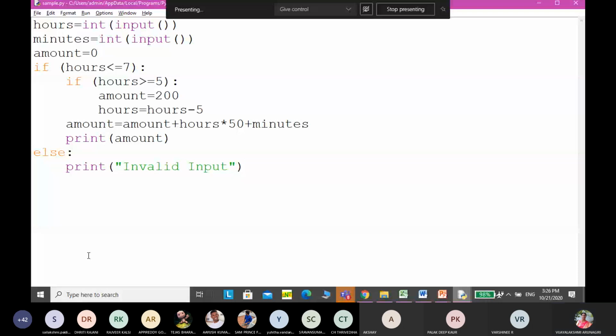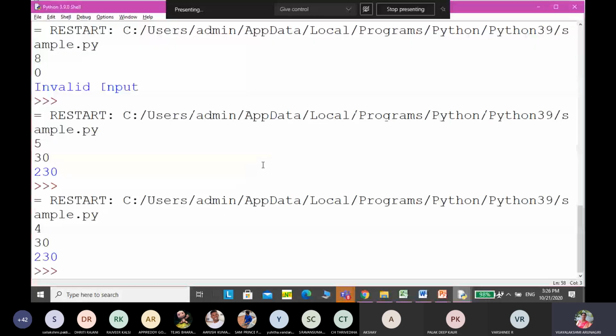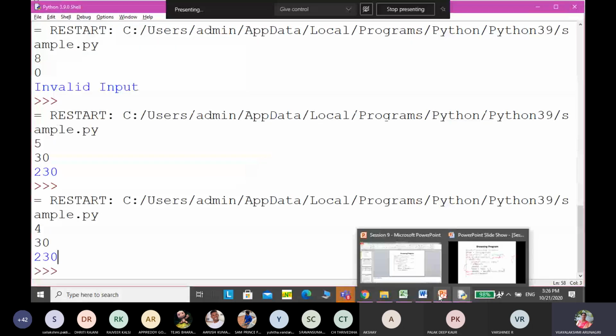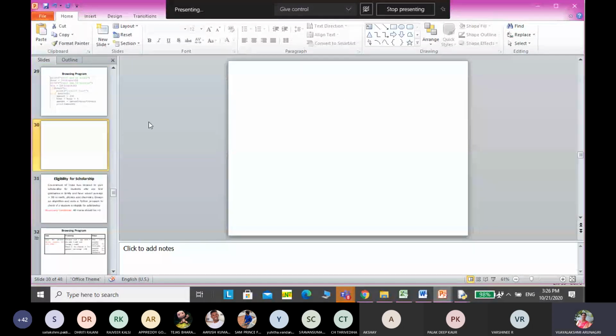Guys, any doubt? No, ma'am. Okay, this is the correct program. So programming is trial and error only. From the first attempt itself, no one will get success, right? I will copy this.